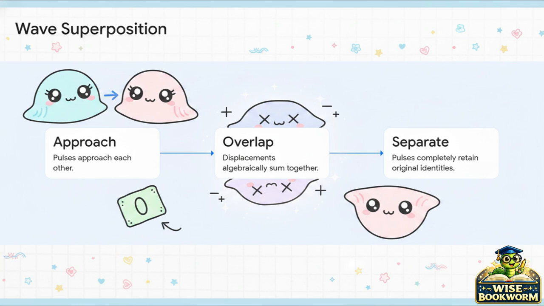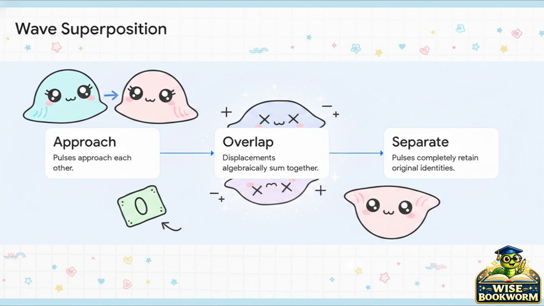First, the pulses approach each other. Second, they overlap. And in that exact fraction of a second of overlap, the net displacement of the medium is the exact algebraic sum of their individual displacements, meaning if a crest and a trough of the exact same size hit each other, they will literally cancel each other out to 0 displacement for a split second. No way, right? But then, step 3, the pulses separate and continue on their way, completely retaining their original shapes